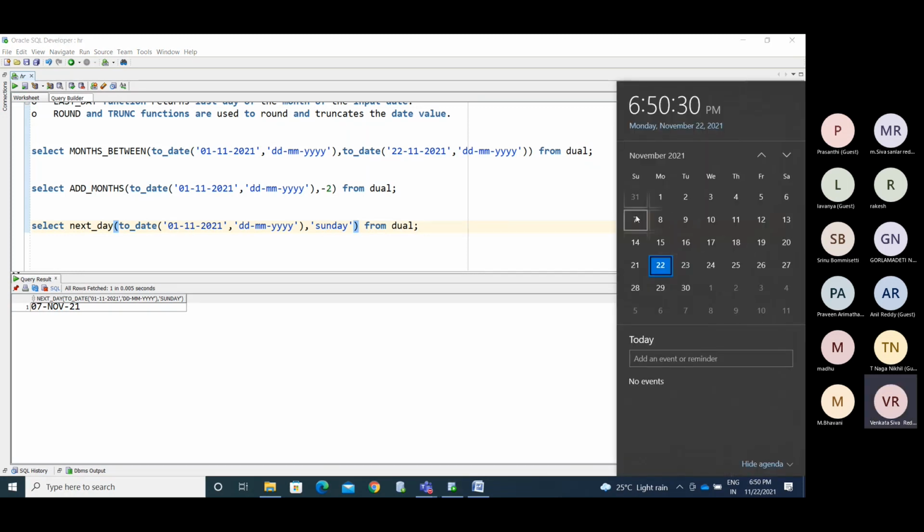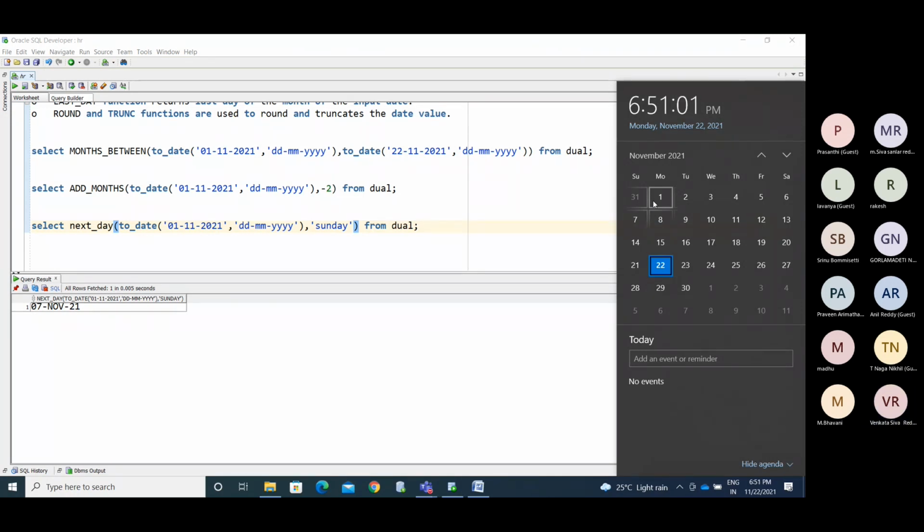You are on the 22nd. Next Sunday is the 28th. Now we see here the date I am mentioning, November 1st. From November 1st onwards, what is the next Sunday date? 7.